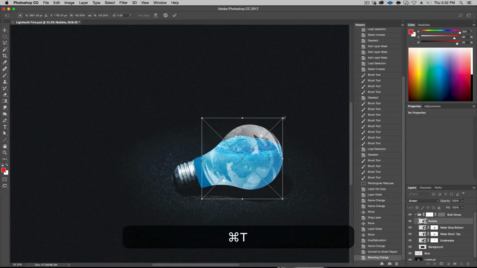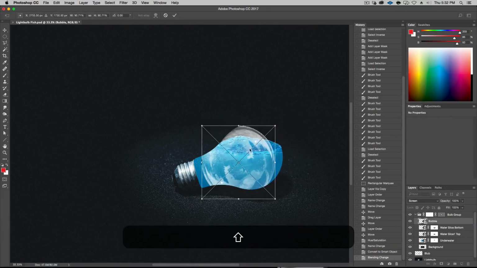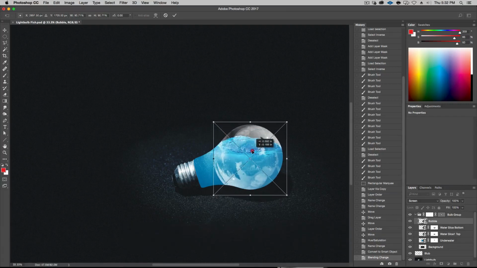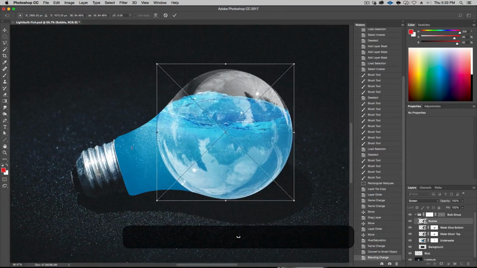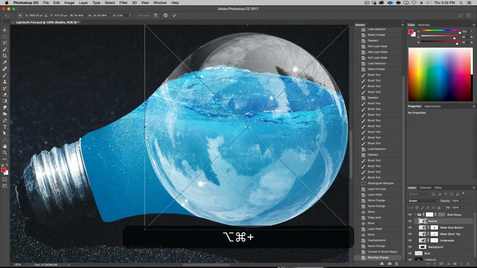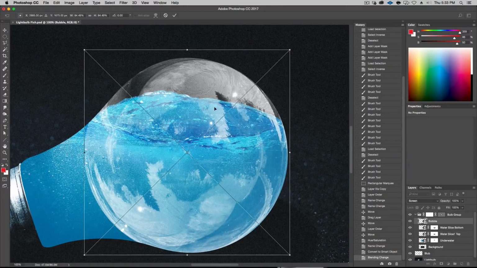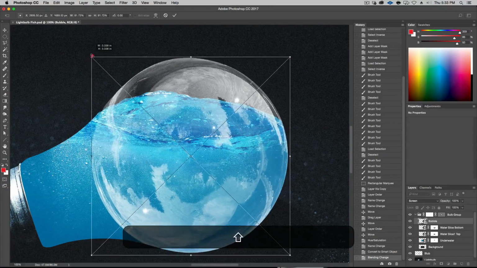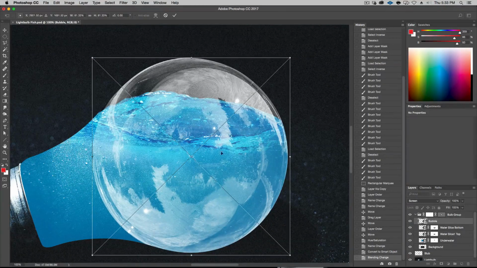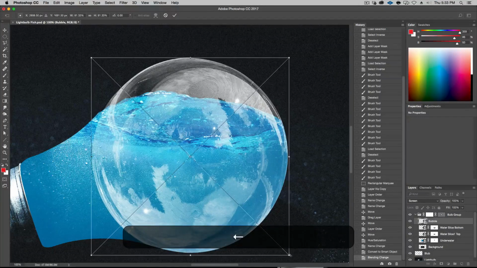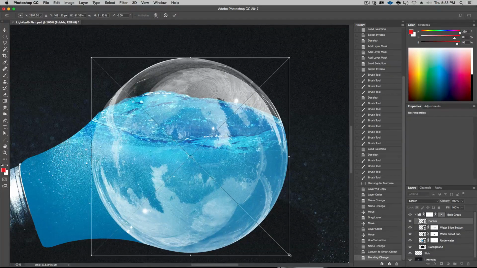All right, Command T to transform, and you're going to bring this down to the circle. You're going to try to bring it as close as possible to the edge of the light bulb that we created. So use your arrows if you need to. You zoom in, Command Alt plus or Control if you're on a PC. And something like this. All right, let's bring it a little closer. So this bubble is really helping sell the idea that there's a lot of reflections that's all spherized, as would be on a light bulb.